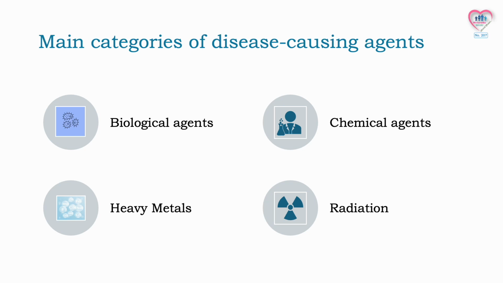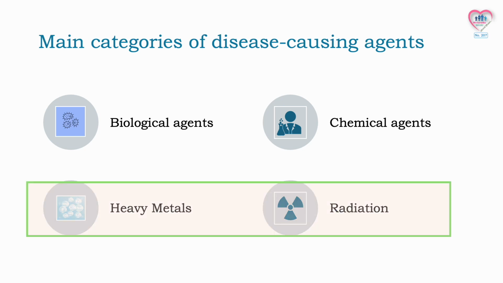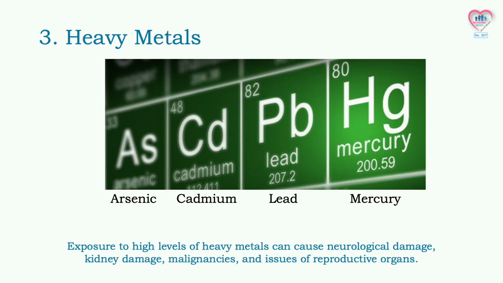We were talking about chemical agents, and now we'll discuss heavy metals and radiation, which may be found in food and can cause illness. The four main heavy metals that can contaminate food are arsenic, cadmium, lead, and mercury. Arsenic contamination can be found in rice, while chocolate, seaweed, and certain green vegetables may contain cadmium. Lead contamination is observed in vegetables and some spices. Fish and shellfish, especially large fish, contain mercury.